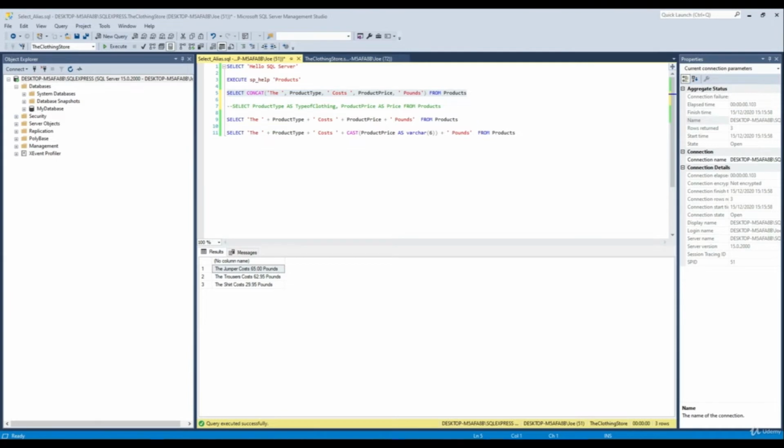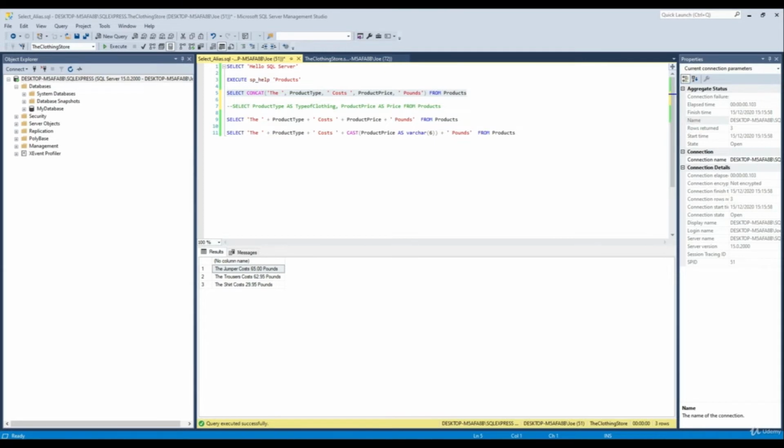Starting from where we left off in the last lesson, I'm going to discuss aliasing using the select statement. Aliasing is used where we need to join between two tables or the same table. We will cover joins at a later stage. Aliasing is also used to give columns a temporary name, and this temporary name is shown within the results output. Using the concat statement from the last lesson,